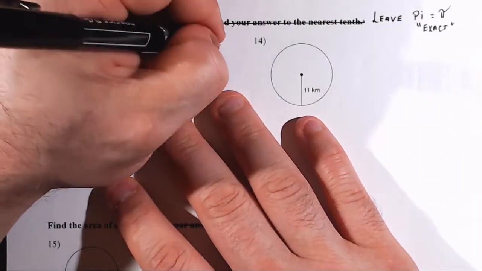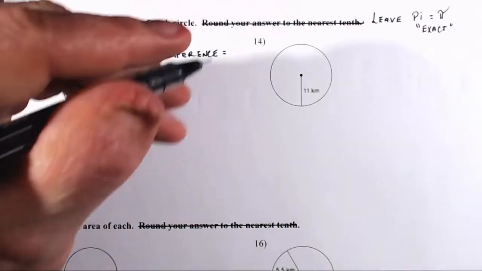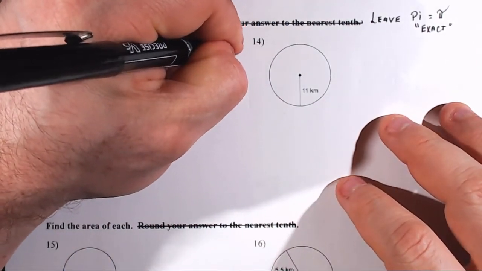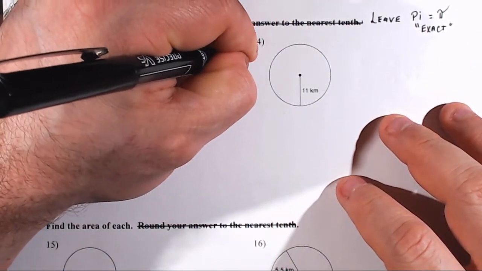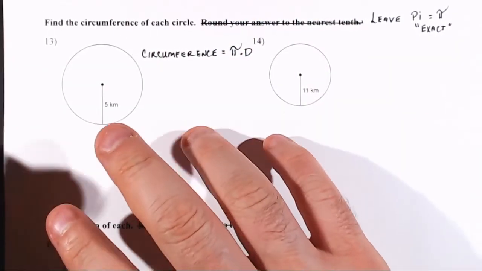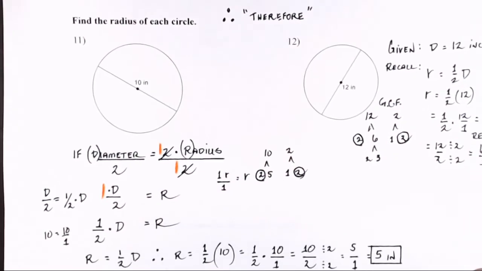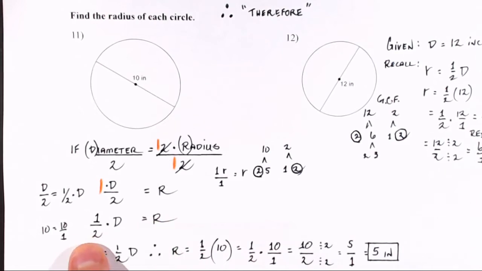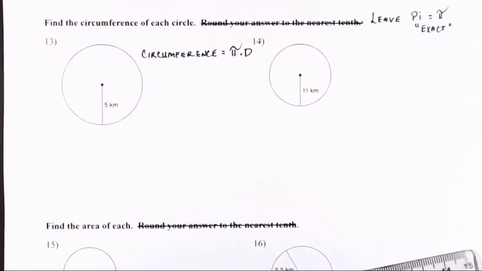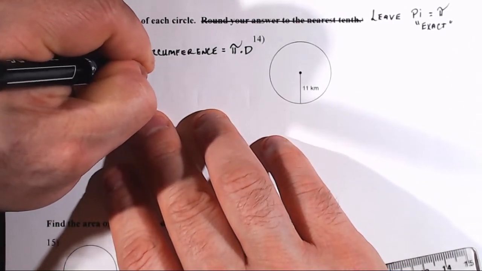The circumference of a circle is equal to pi times the diameter. Okay, that's one way to look at it. Pi times the diameter. Well, we're not given the diameter, we're given the radius. We know from our previous problem that the radius is equal to 1/2 the diameter. So I could also say the circumference